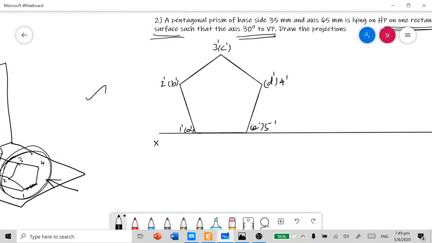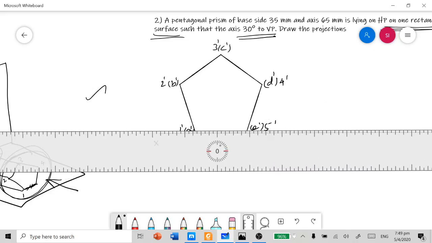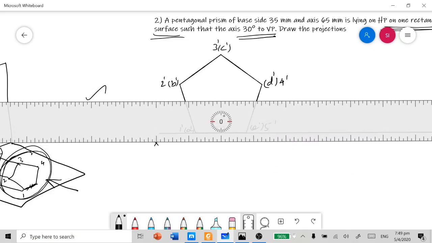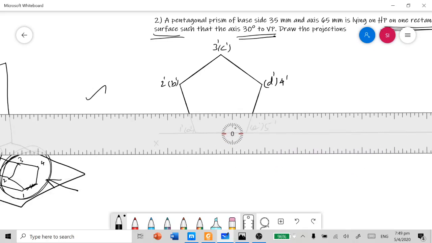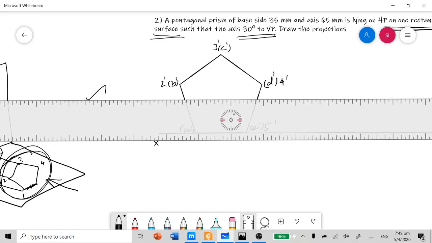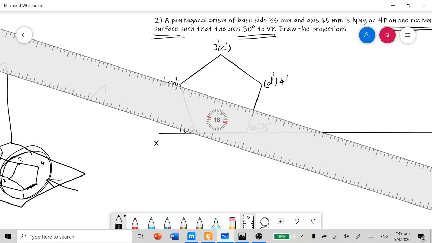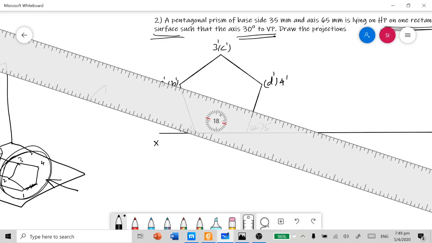Then you need to find the axis point for this solid. In some classes before, I instructed you how to mark the center point of the pentagonal surface. Once again I am telling you: in order to mark the center point of the pentagonal surface, you have to draw perpendiculars to each and every base edge from the opposite corner.